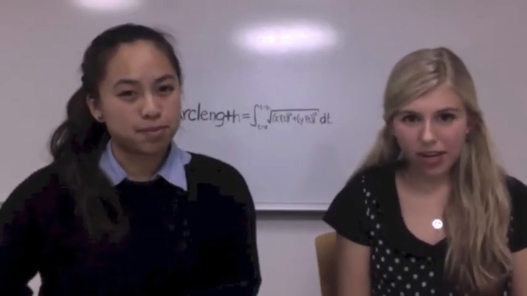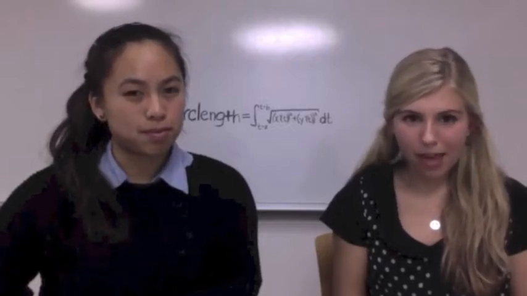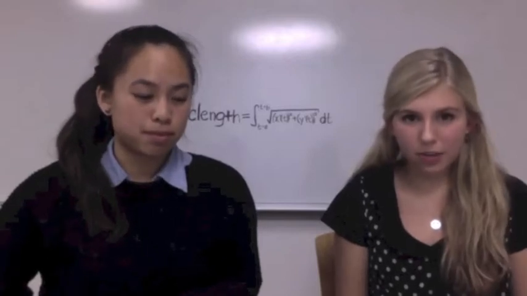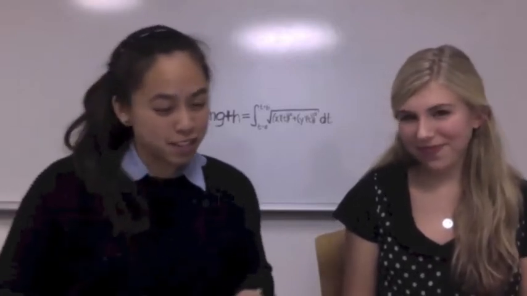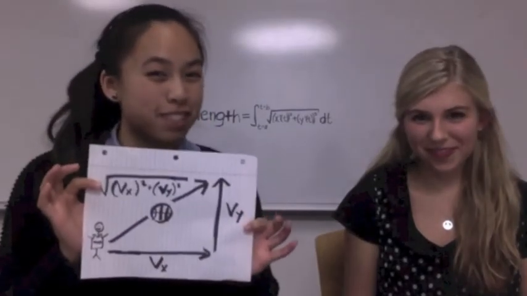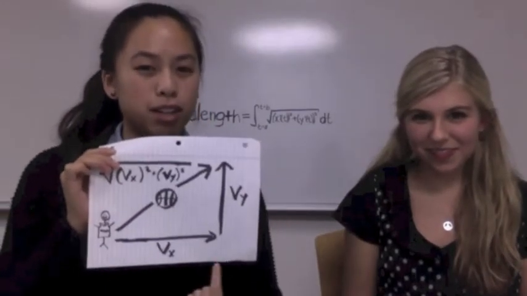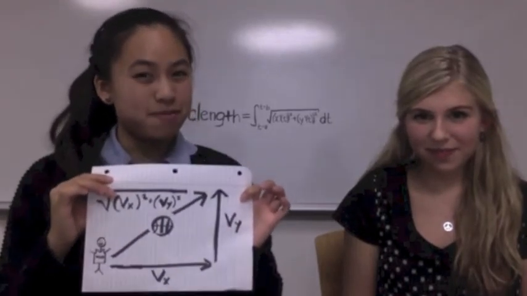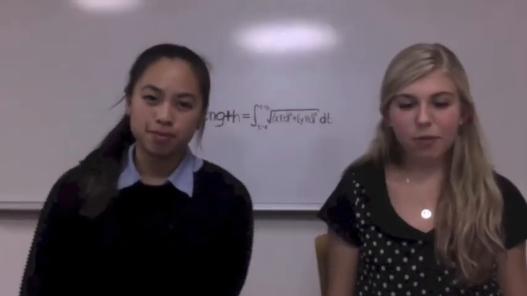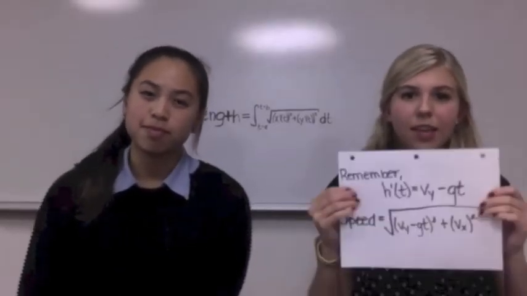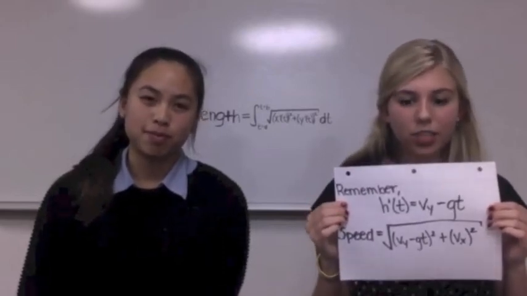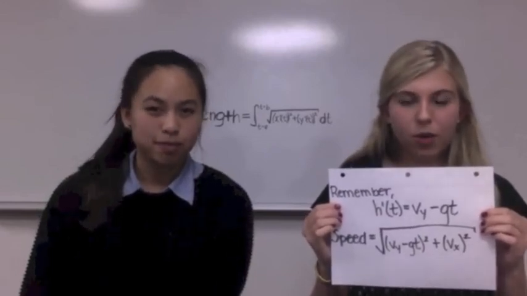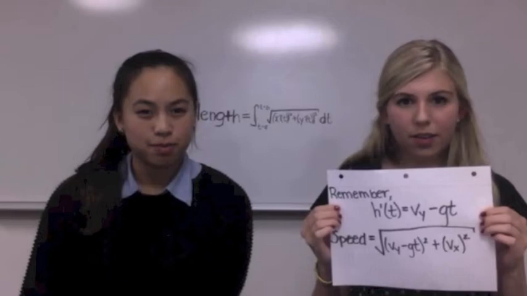Velocity is a vector quantity, meaning that it can be defined by both magnitude and direction. Therefore, it can be added in the same fashion as displacement, another vector quantity. And just for you guys, the viewers, we have provided this amazing visual, which shows how horizontal velocity and vertical velocity can be added using the Pythagorean theorem. Keeping that in mind, and remembering our equation for the basketball's vertical velocity, h prime of t equals vy minus gt, the speed of the basketball is the square root of (vy minus gt) quantity squared plus vx squared,